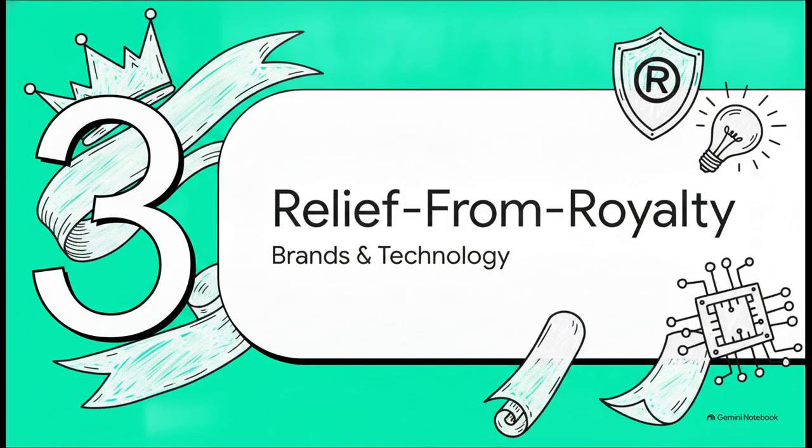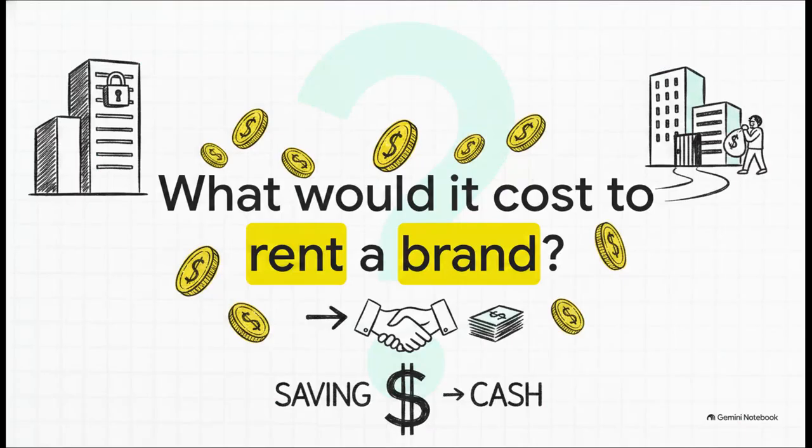Moving on to Section 3, the Relief from Royalty Method, valuing brands and technology. Now we're panning across to distinct assets like trademarks and core patents. The logic here is basically a giant thought experiment. What would it cost if you had to rent this brand name from a perfect stranger? The Relief from Royalty Method flips your perspective entirely. It asks, how much cash are you saving simply by owning the asset outright instead of paying someone else to